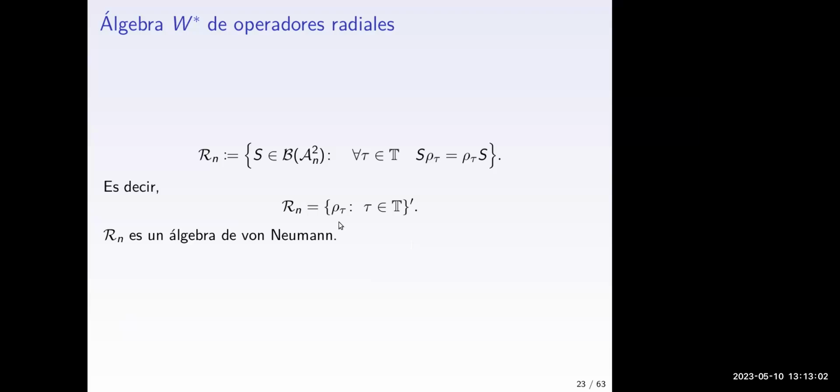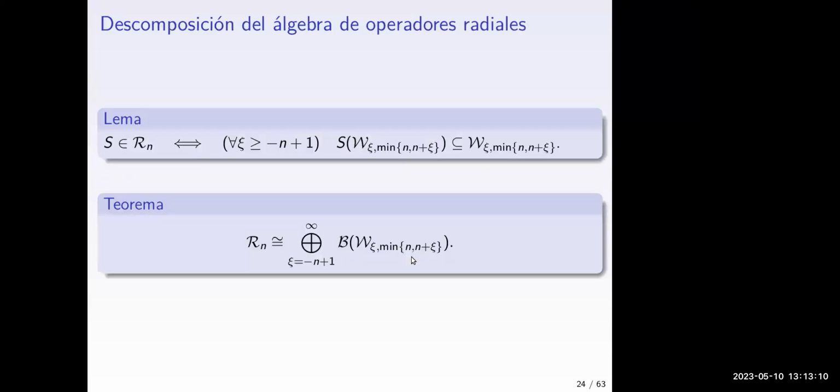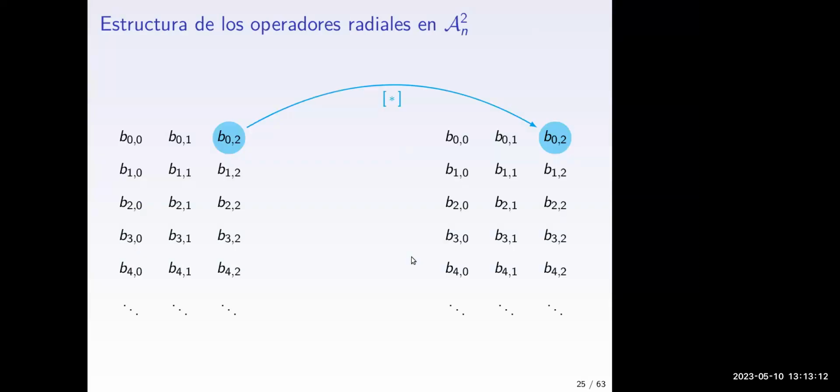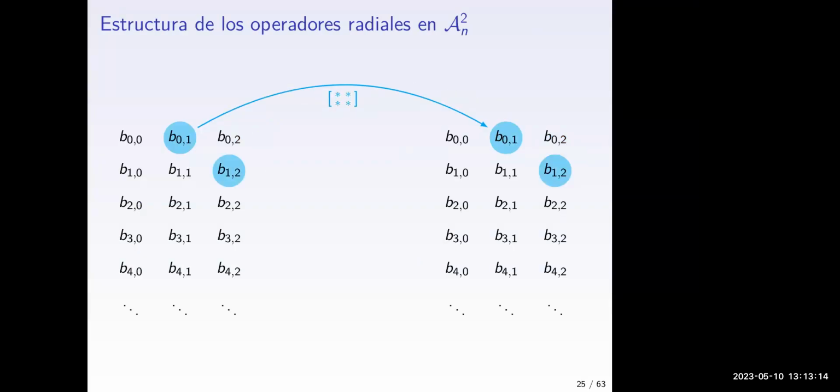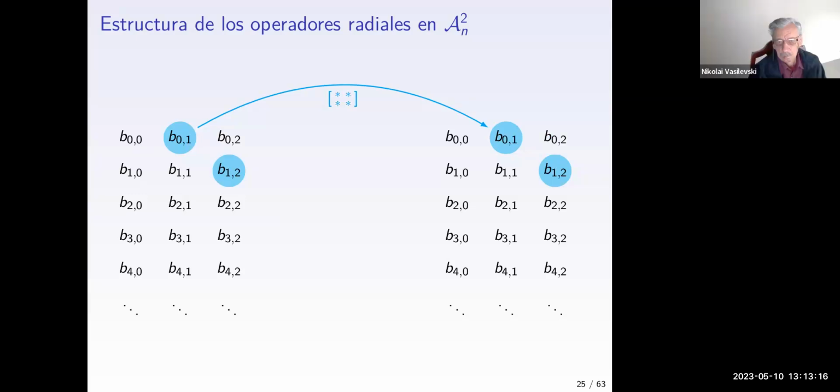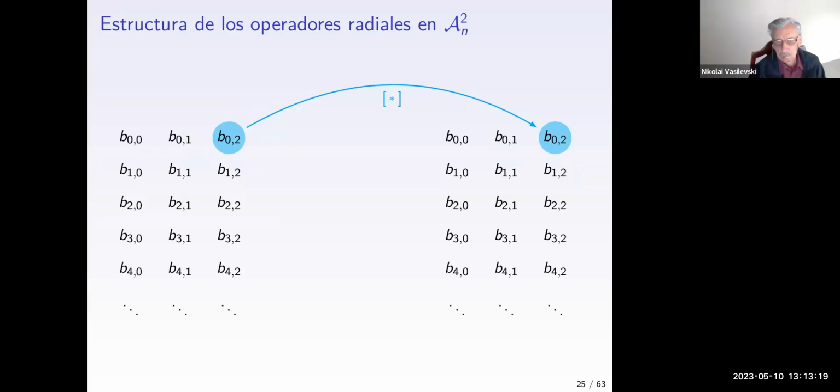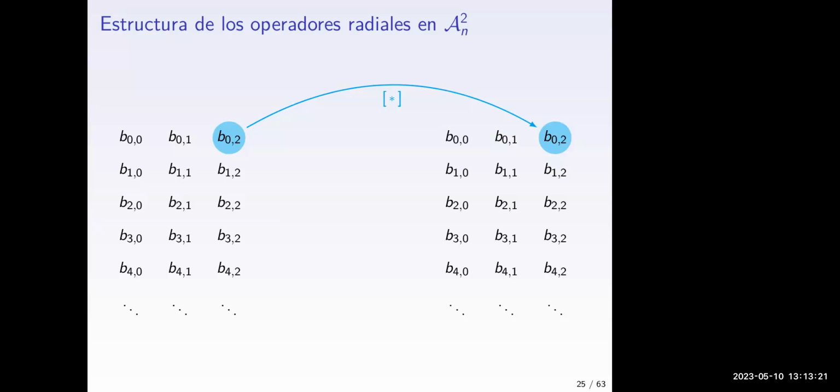And we talk about the commutant of the radial operators, which is the commutant of the rotations. And we give the structure of the radial operator in general. We could see them as